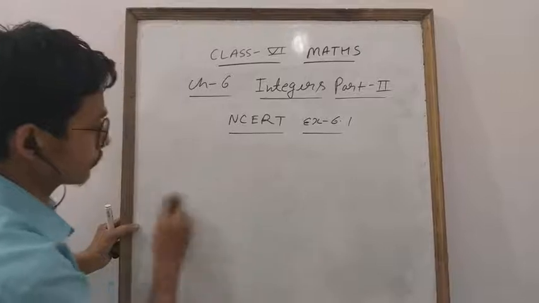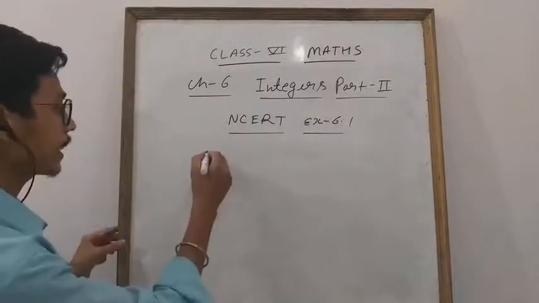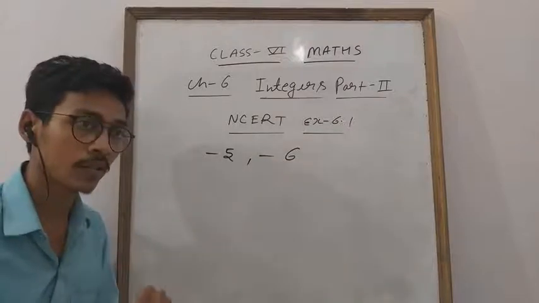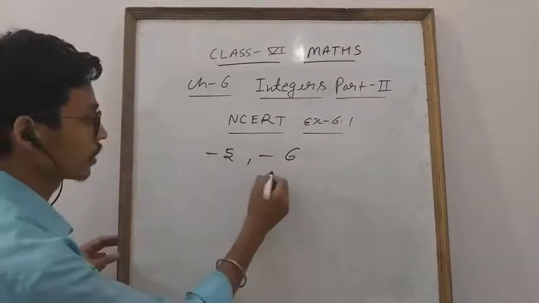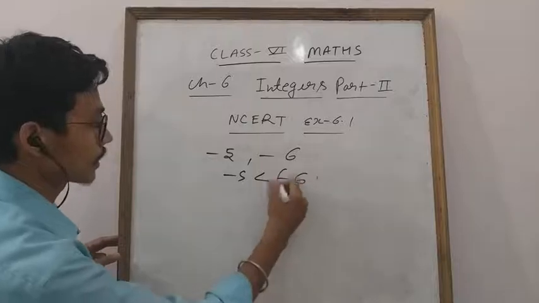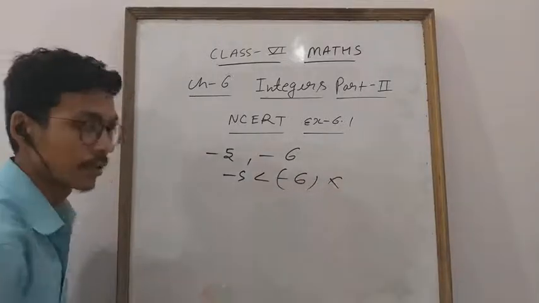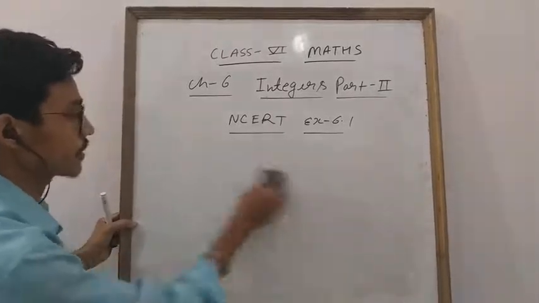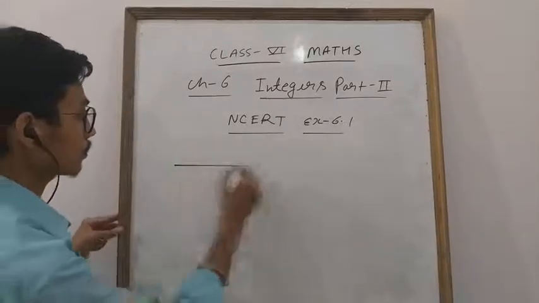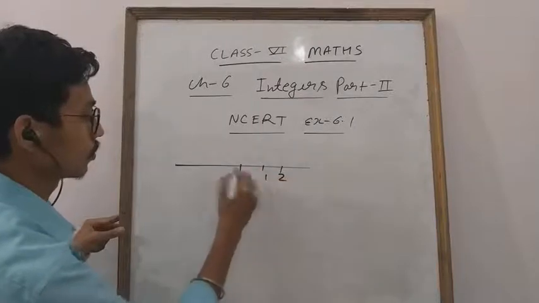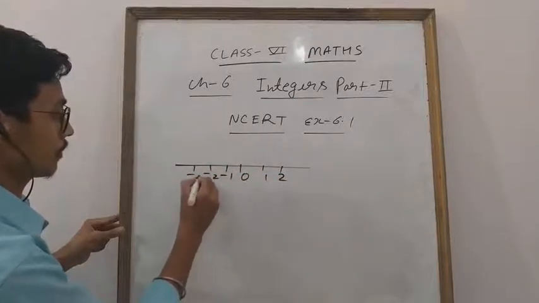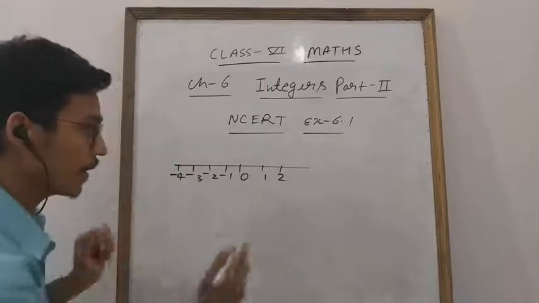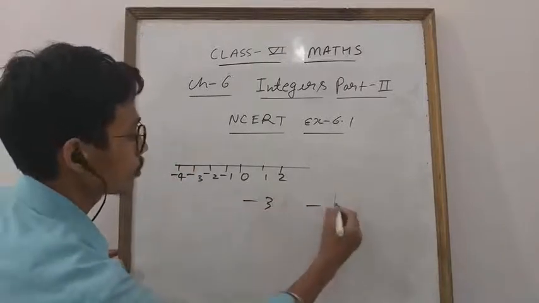If I write down, see, +5, -5 and -6. If I want to know which one is greater, some students always get confused and they mark -6 as greater. But this is incorrect, student. Why? See, I will explain with the help of a number line which one is greater. Okay everyone? See, this is 0, 1, 2, -1, -2, -3, -4. Now if I want to know whether -3 is greater or -4, student.